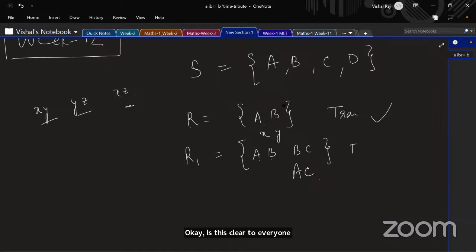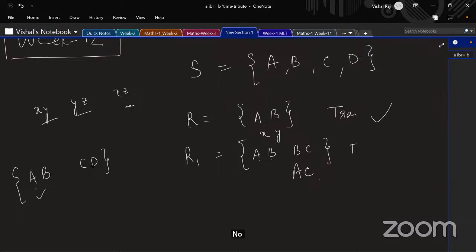Sir, I have one question. Suppose we have a relation where it is AB and CD. Tell me whether it is transitive or not. I think it should be transitive, because AB is there. Can you find anything that starts with B? No. Okay, so for this, the test, whatever we are testing, it's passive for this case.